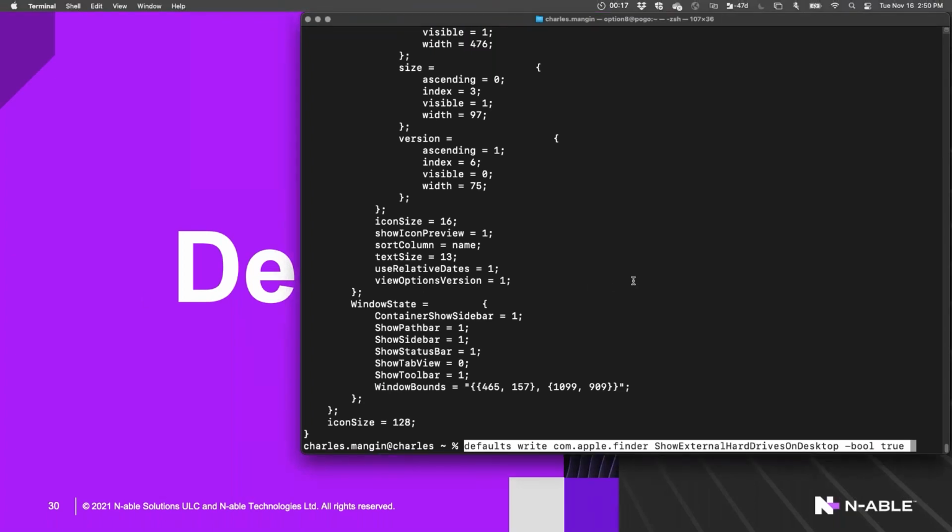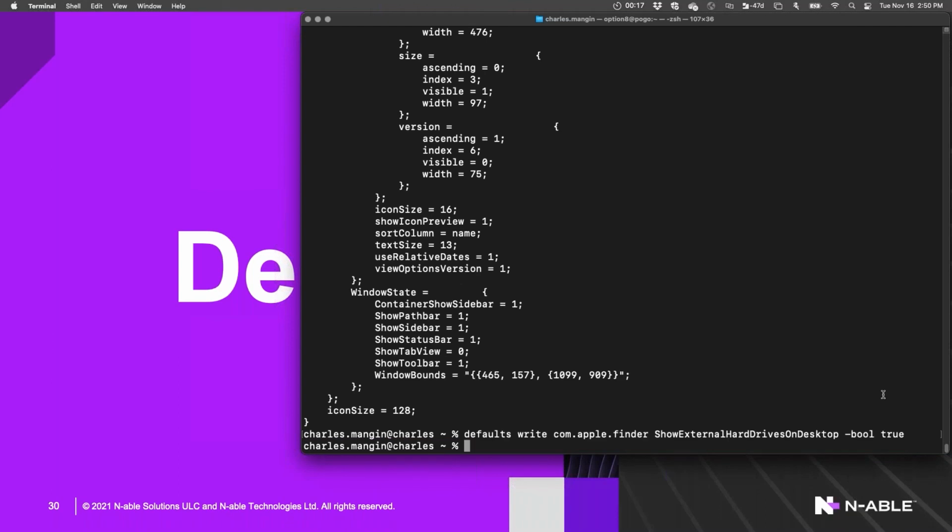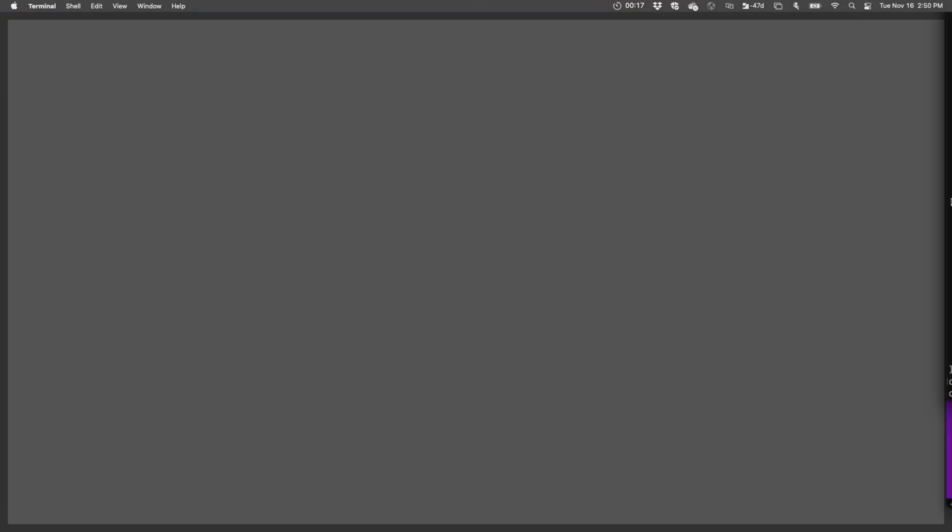That. So com.apple.finder is the domain that I am writing the show external hard drives on desktop key to, and I'm setting the value to true. So now, go back. Oh, where'd my icon go?